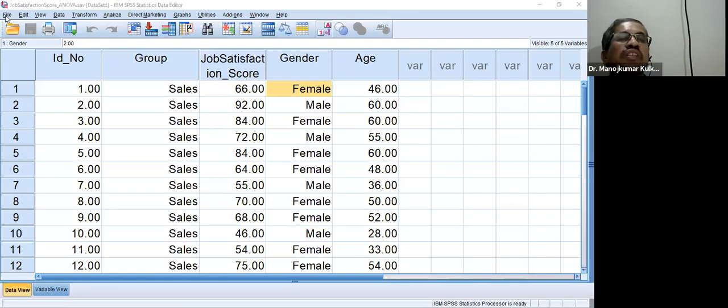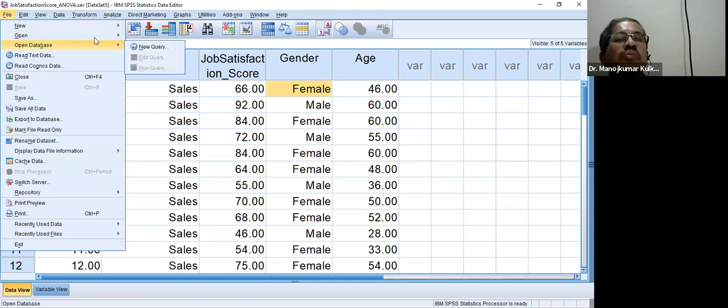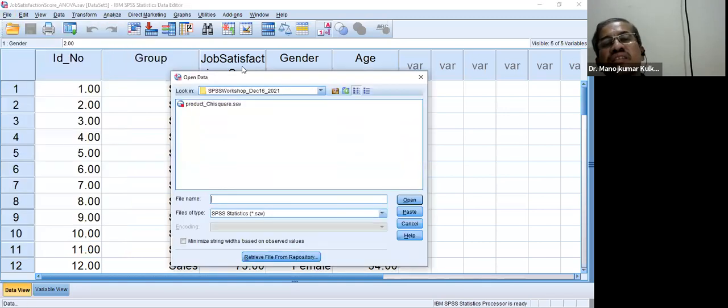Okay, I will demonstrate how we can do this. Come to SPSS, open the file, open data.